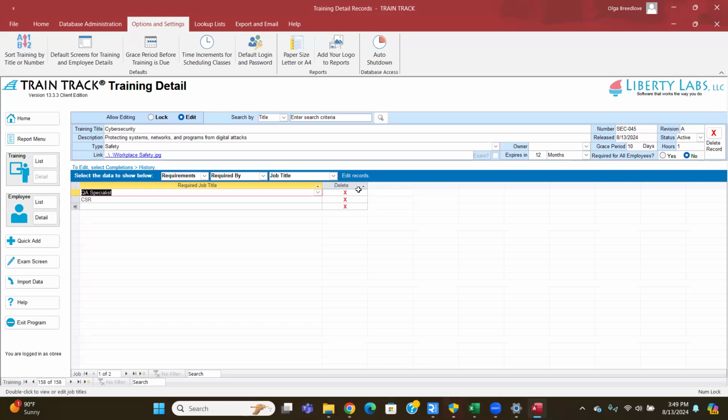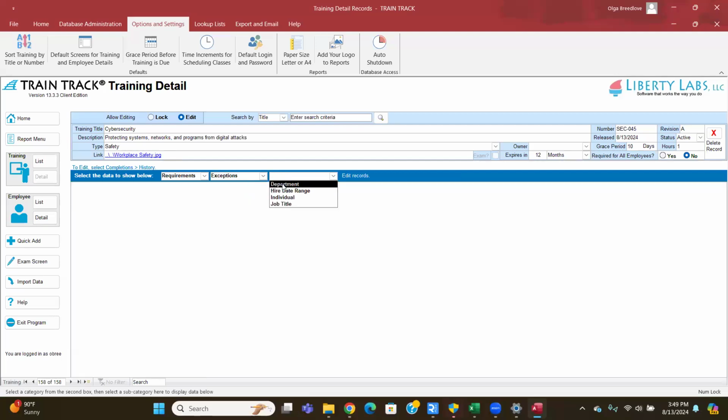All right, so we've added requirements, but let's say there are a couple individuals in the QA specialist role that do not need to complete training. Or let's say, for example, we have this training required for everybody, but maybe some people don't. So it may be easier to add exceptions rather than adding requirements for certain groups of people. So if that is the case, you can always go to requirements and exceptions, and you can add exceptions for